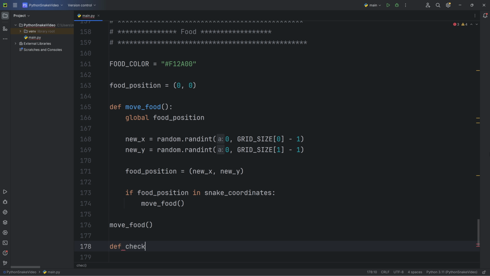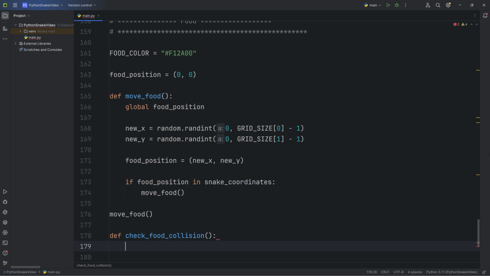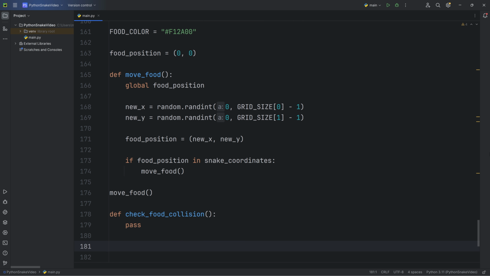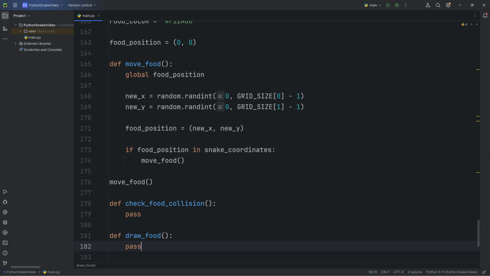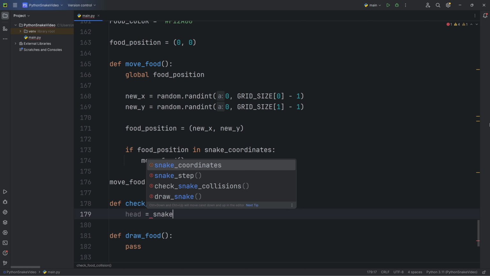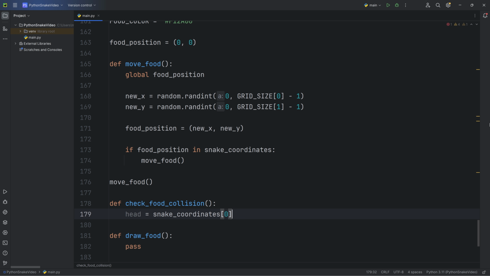Define check food collision and define draw food. Inside the check collision, save the head in a variable. Head equals snake coordinates of 0.